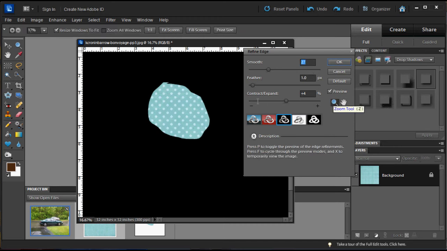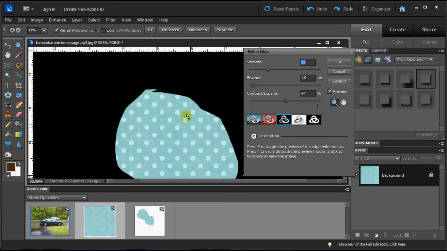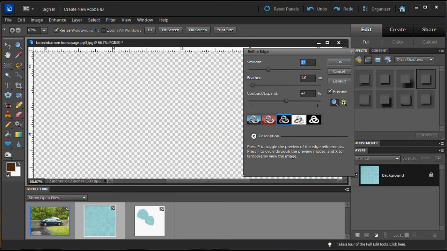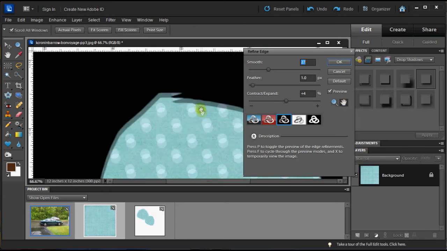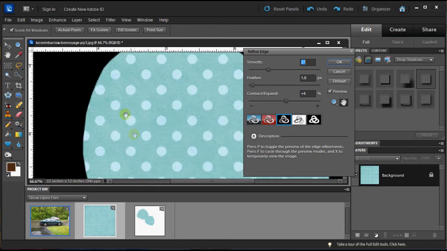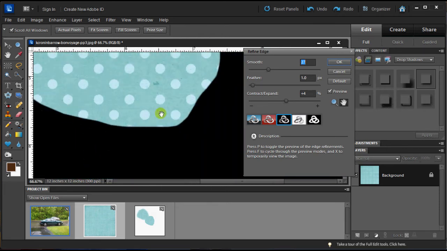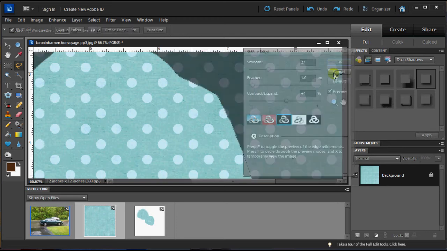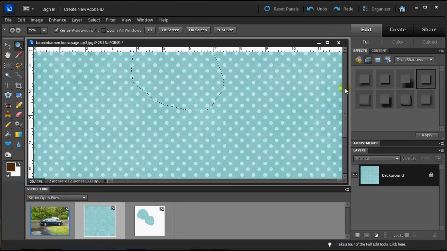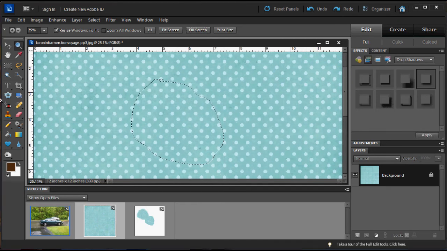I can zoom in right from here, which is kind of nice, and I can also use the hand tool here to click and drag around on the layout so that I can see different edges. So I'm just going to cancel out of that. I'm going to go back to the size that I had here,